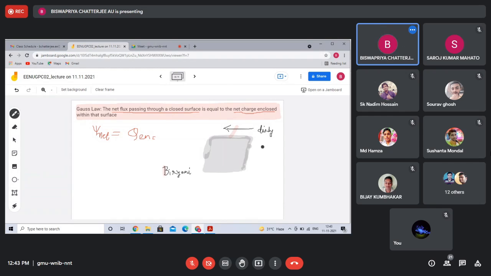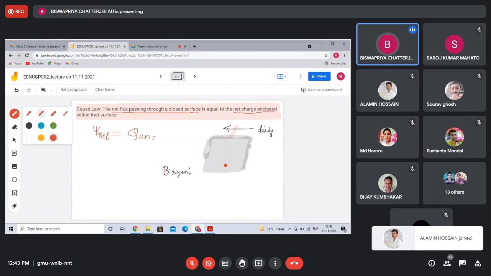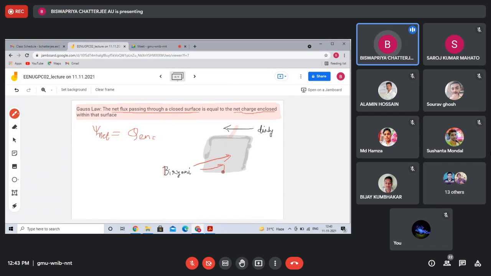Okay. So this flux of wave is going through the surface. The biryani scent, which is marked by red, is going outside in this fashion, and the fragrance of the dirty object is coming home through that surface. So you see one kind of flux, this wave of flux, is going outside,